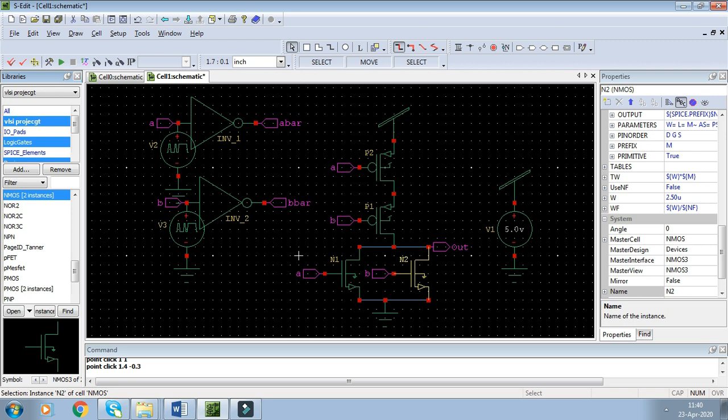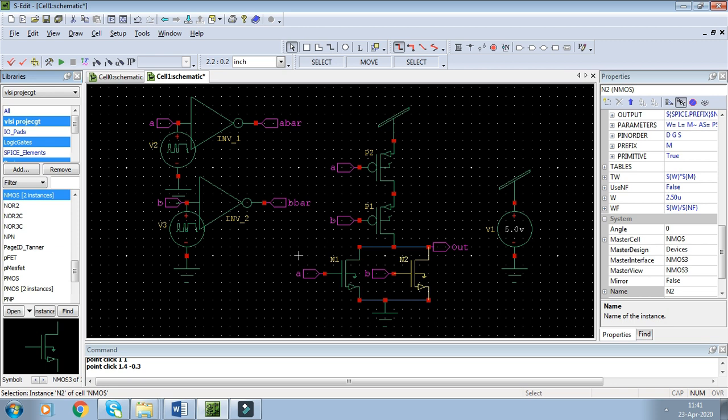So this is the output, this is AB, and this is a different style by which I designed it. I basically use this inverter because this is A, and we have to provide the B bar signal. So B produces B bar, and similarly A produces A bar. Wherever we require A bar, we can use this directly, and where we require B bar, this B produces B bar. This way you can design your circuit very easily.